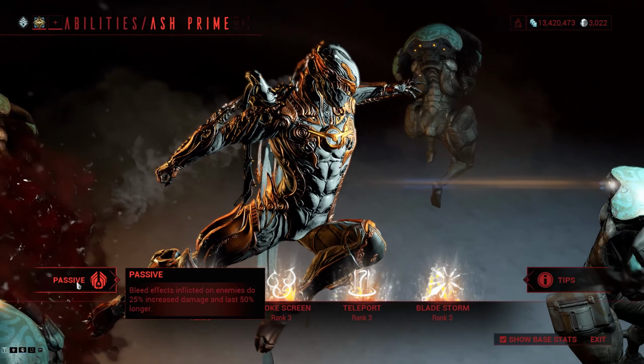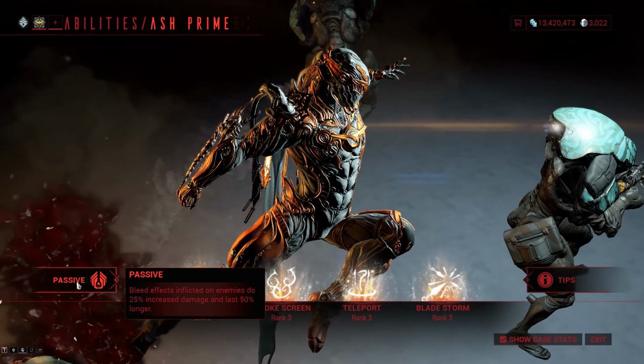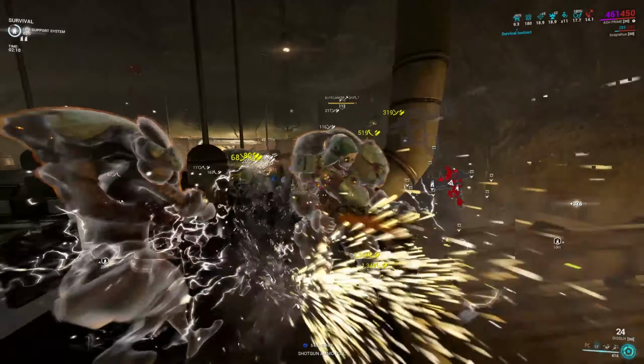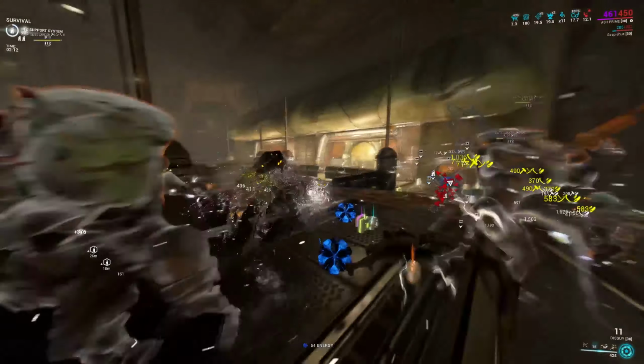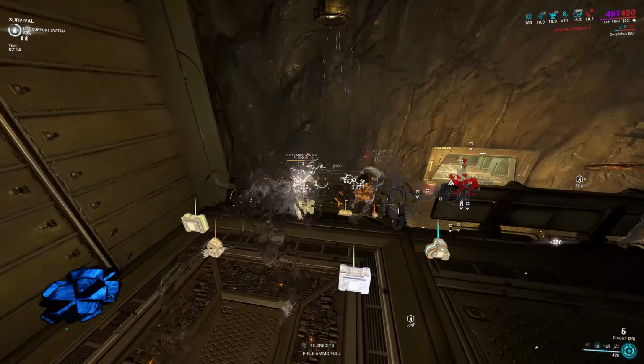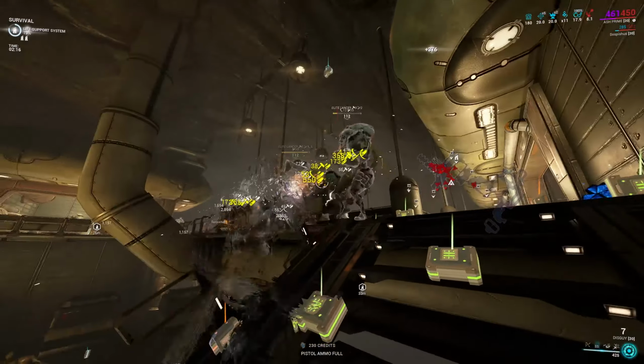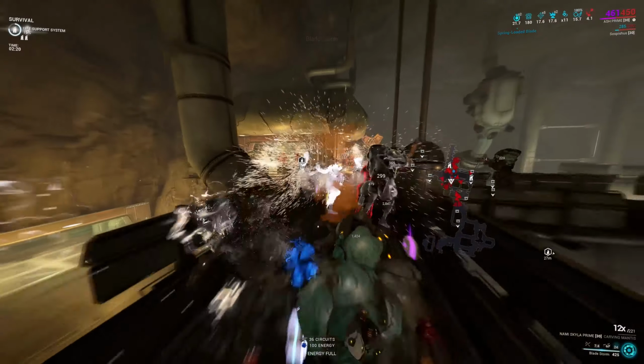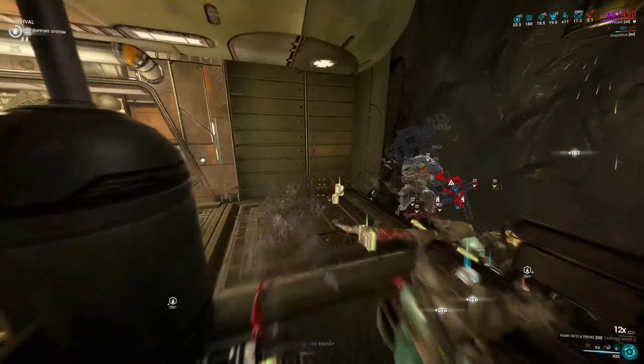His passive causes bleed status effects to deal 25% increased damage and last 50% longer. After a 1-second delay, bleed status deals a tick of damage each second for 6 seconds, or in Ashe's case, 9 seconds. Bleed damage also bypasses armor completely, making it extremely potent versus some of the toughest enemies in the